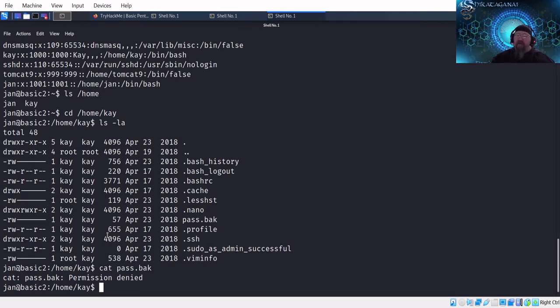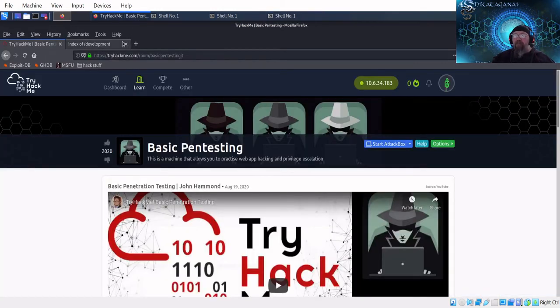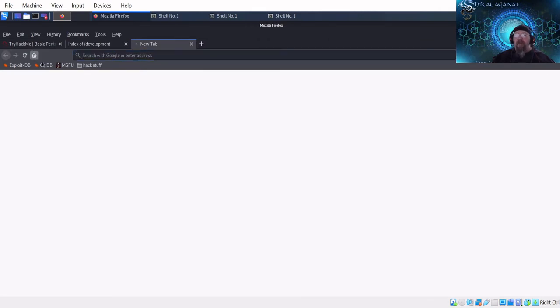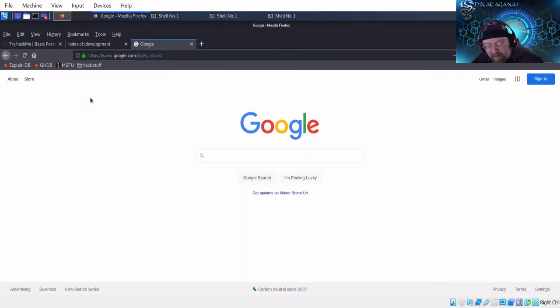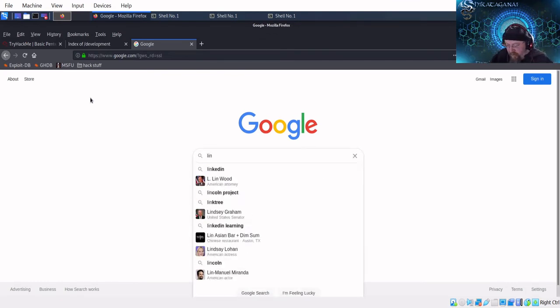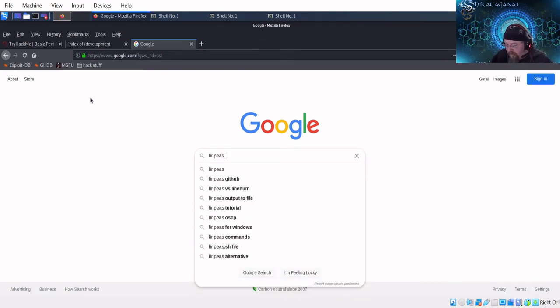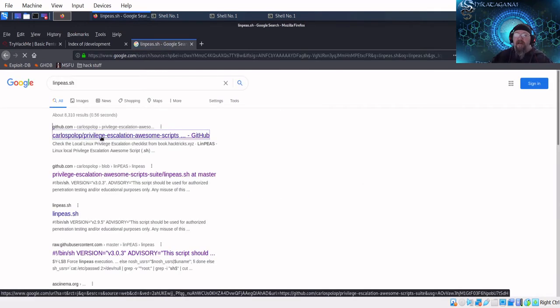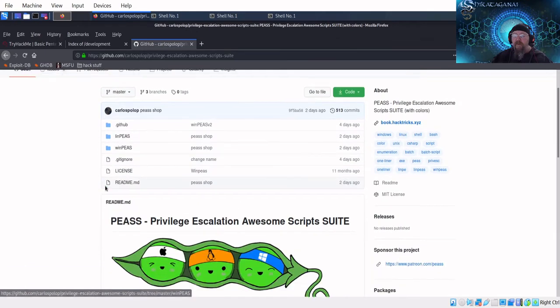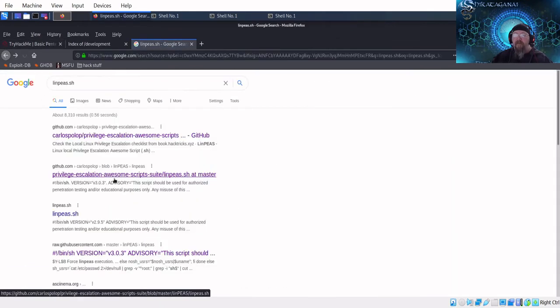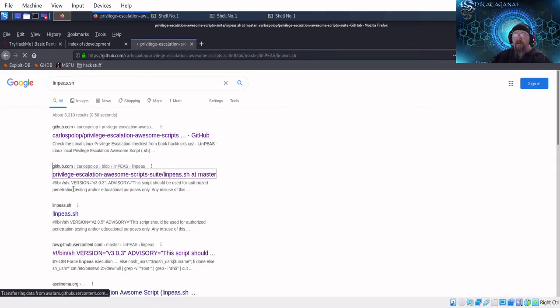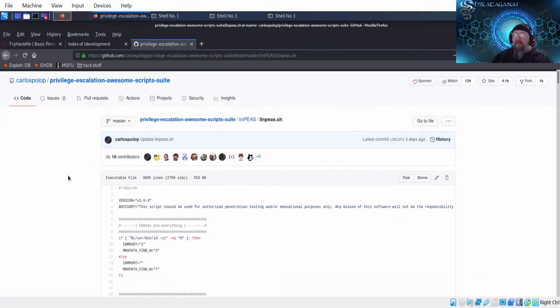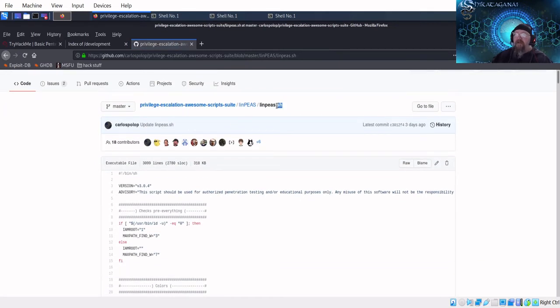Okay, so there is a particular script that a lot of people like to use for what they call privilege escalation. There's one called Linpeas.sh, and this GitHub here will show, oops, that's the wrong one. Should be this one here. There we go. So we can see this is a shell script by the .sh, and it's a script that